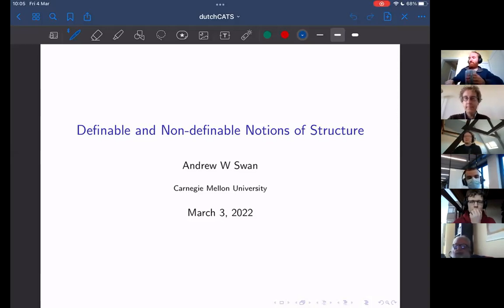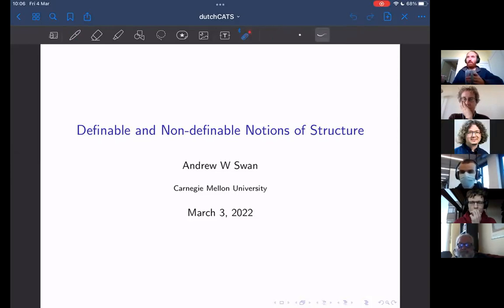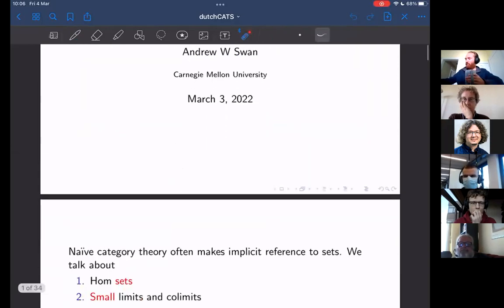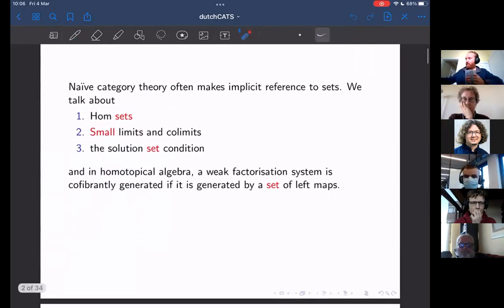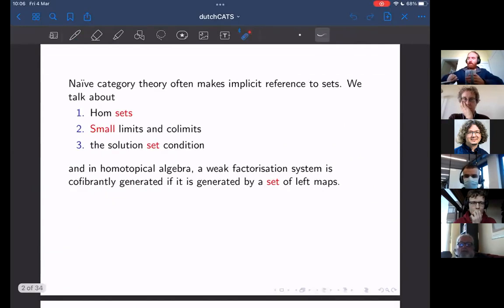Thank you. So this talk is about definable and non-definable notions of structure, and these are notions of structure on a fibration. I wanted to start by saying why I like fibrations. I ended up writing a bit of an essay about this in the abstract, but the short